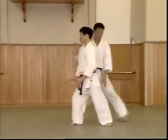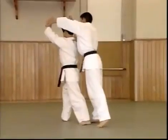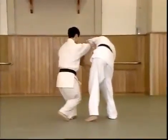As Uke moves behind, he grabs the wrist and collar and pulls. Shite shifts on the front foot and curls the hands up. Raises the hands, changes the feet, moves diagonally backwards in a strong position, applies the atemi, moves the front foot